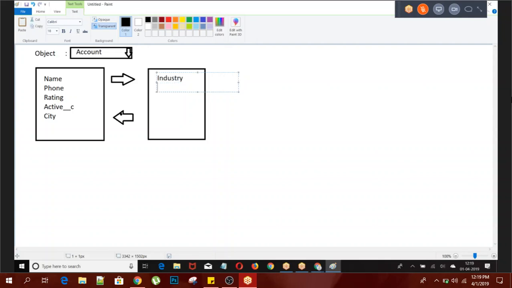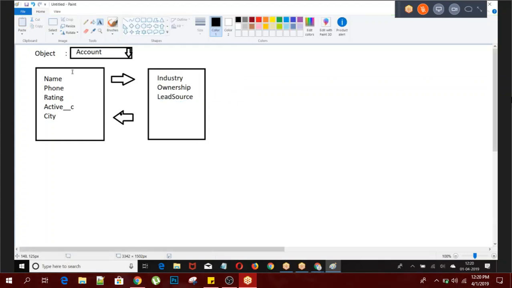I'm going to select some of the fields. When I select these fields and click on this button, the option should be added here. When I select this option and click on this, the option should be removed. Whichever object I selected, I have to get the corresponding fields. The fields should be displayed like this.